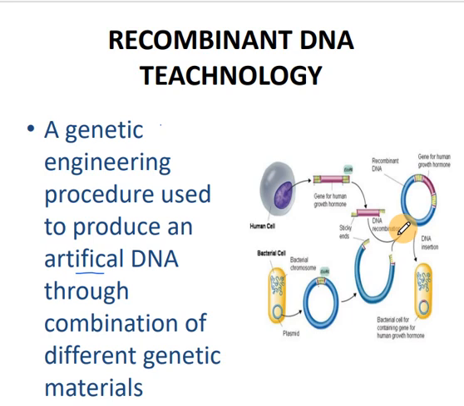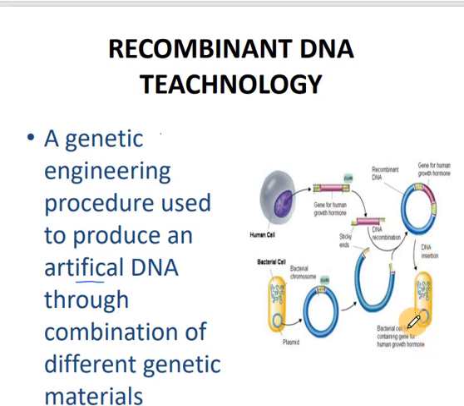If you want to produce a particular protein which is, let's say, deficient in one organism, and you are able to search for the genetic code, or the gene that codes for that protein, you can amplify that gene in the body of a bacteria, and that bacteria can use that gene to synthesize protein. Let's say we have insulin and you're able to identify the gene that codes for insulin